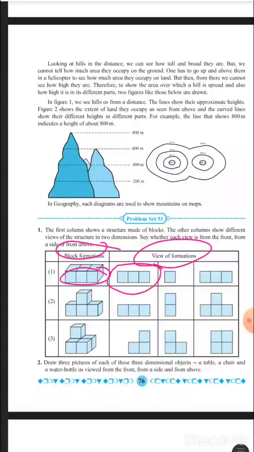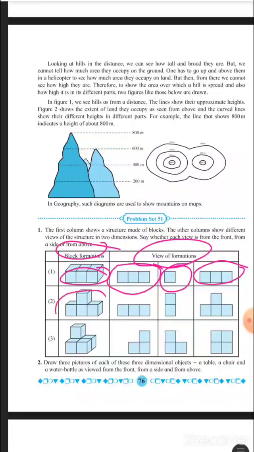So as we can see, this is from front view, this is from side view, and this is from above. So you need to draw this box, draw the figures, and write which view you can see of the object.